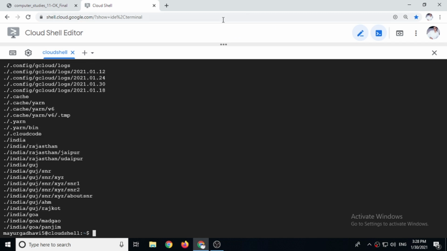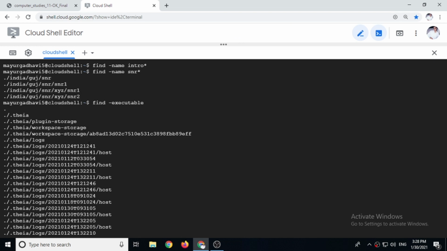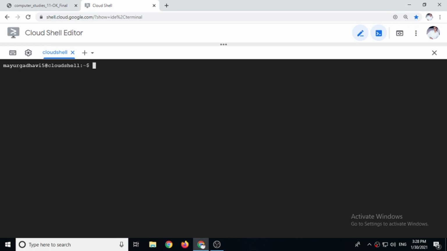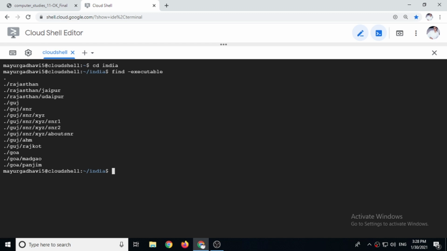Actually all these are executable files, but let's go to the India directory, cd India, and there we will give this command. So here it shows all the names having executable permission.